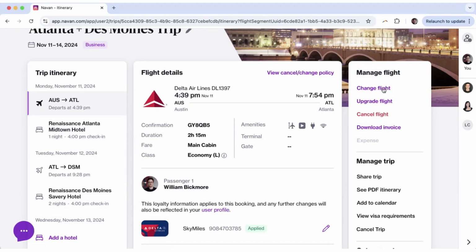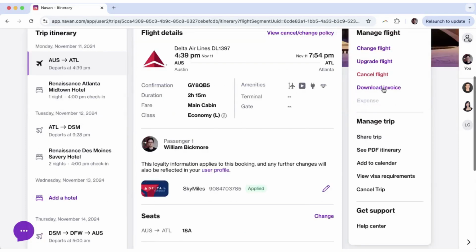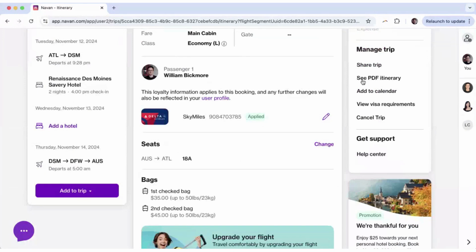I can upgrade my flight, and I can use a personal form of payment to upgrade to a different cabin class. I also have the ability to come in and cancel my flight. I can download the invoice. I can also share my trip and see a full PDF itinerary and share that with my colleague Lindsay, who is also flying out to Atlanta next week. So again, you have total visibility, total control over your